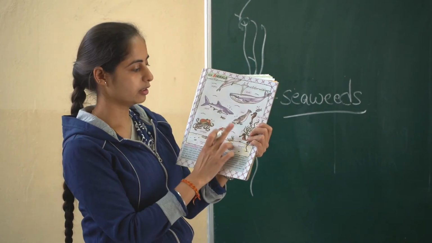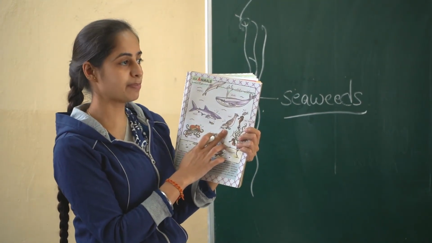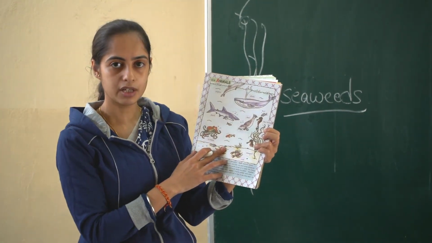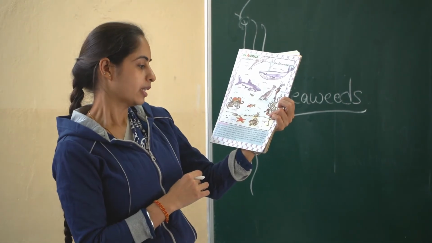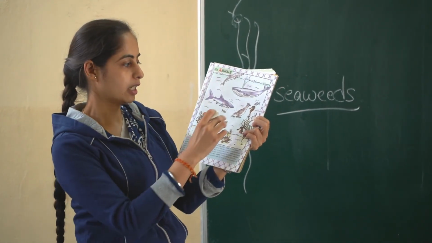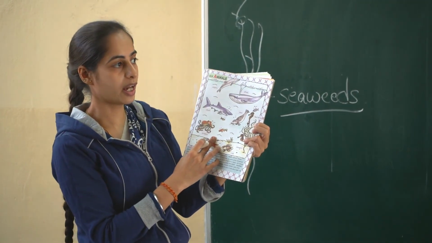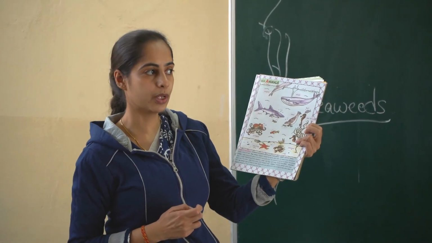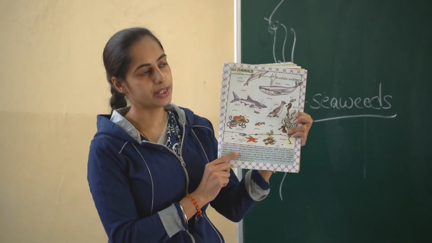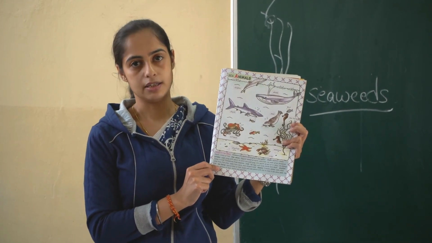And then the last one is the seal. In this picture, the last animal is seal. Now, what special things does the seal have which others don't have? They have these things. Now, what is this? These are flippers. Instead of feet, they don't have feet like we have. What they have are flippers. Flippers help them to swim, and they also eat small fishes, and the seal is also known as a hunter.